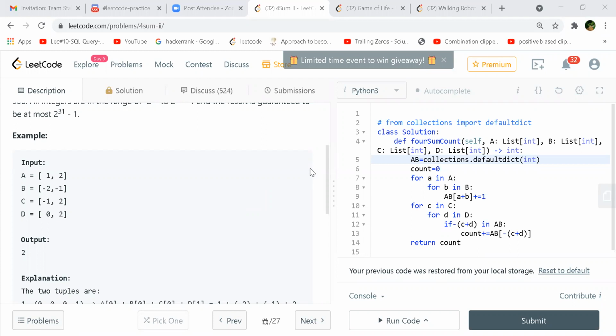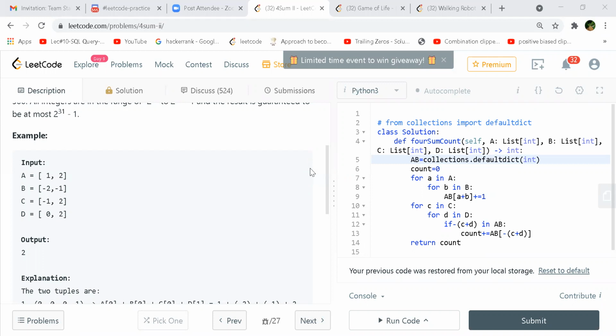Yeah, so see what he's trying to do is he's going through both first two arrays, A and B. Okay, and then he is taking all combinations of A with all combinations of B, right?